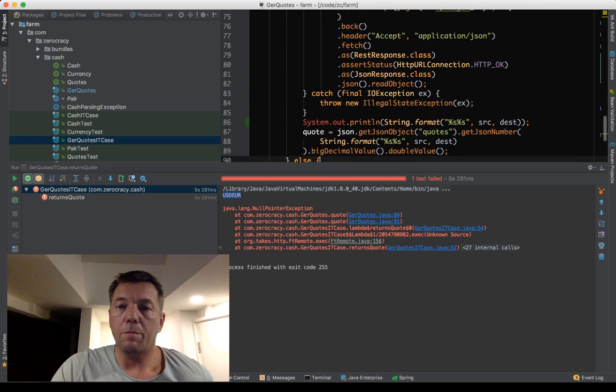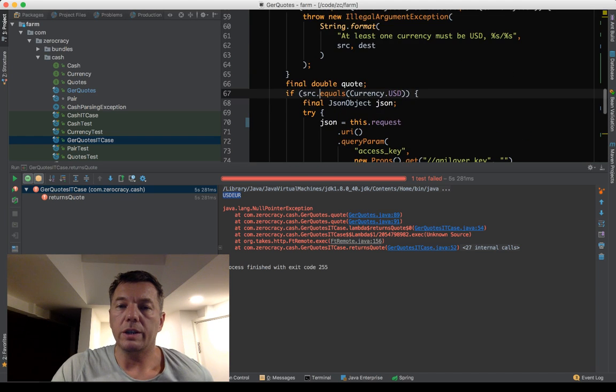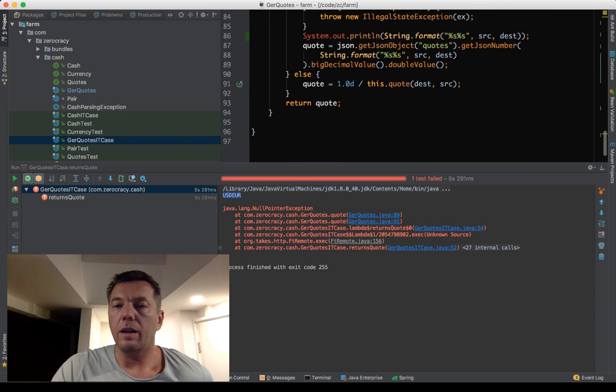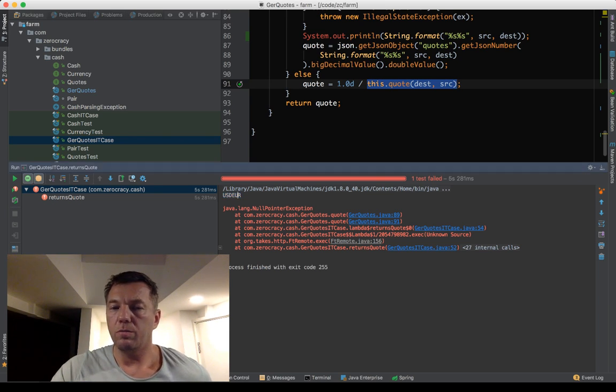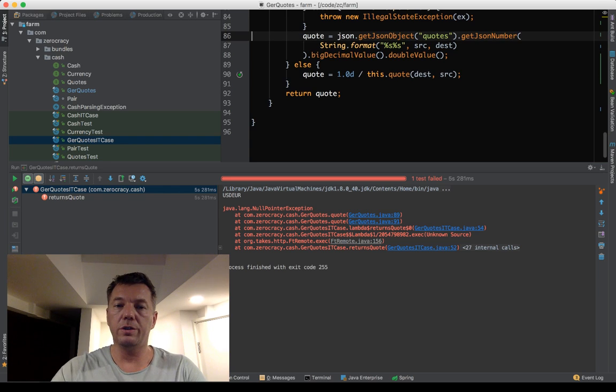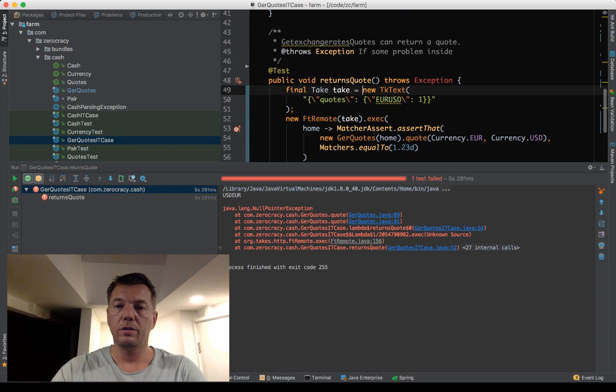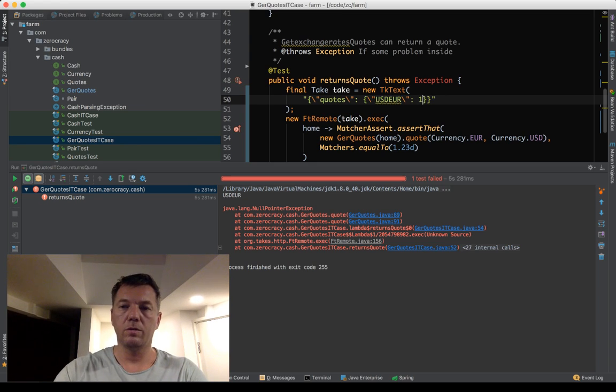So look what's happening. It says if this equals USD, then it does one thing, and otherwise it's a recursion here. It calls itself swapping the parameters. So for USD euro, we need a different JSON here. It's not euro USD, it's USD euro. 123, and here it's going to divide it.